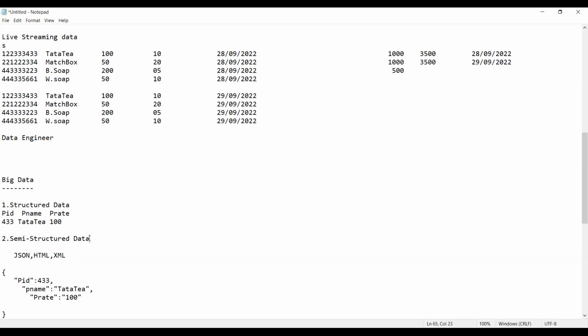So now, guys, once this is done, what is the next type of data? Unstructured data.